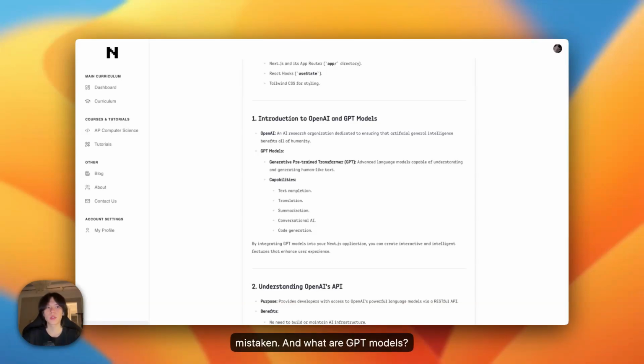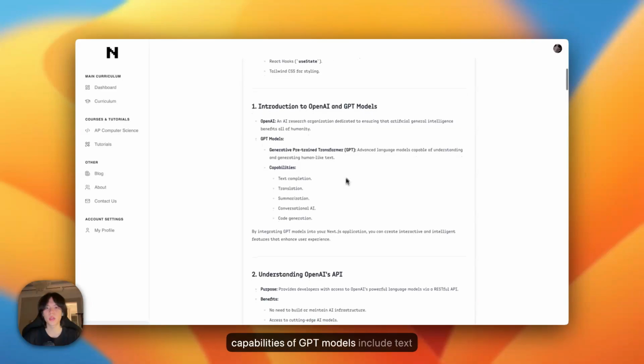And what are GPT models? From our previous lesson, you probably know that GPT stands for Generative Pre-trained Transformer, and basically these models are trained on a lot of internet text data and can generate human-like text based on the prompts provided. Some of the capabilities of GPT models include text completion, so continue writing from a given prompt; translation, translate text between languages; summarization, it can summarize long pieces of text or even PDF files right now. It can engage in dialogue and answer questions, as well as generate code to get us started with our coding